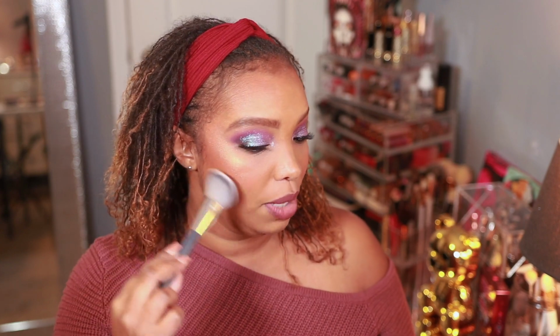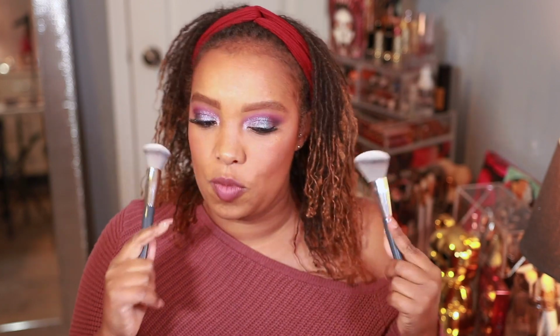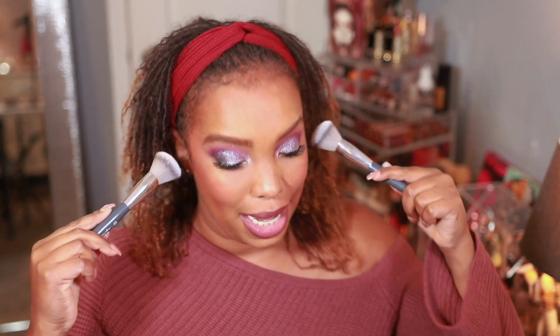This brush, love it too, okay? As you can see, I got a duplicate, the A507. Right here, hit the bronzer. So it's condensed. You get a more strategic placement of the bronzer versus all over like how this one is. I mean, you can get a strategic placement, but it's obviously a lot bigger. You definitely get more contour, more chisel, and sometimes I need that, you know, my face is a little round and I gained a little weight. I'm trying to go down the other direction, but